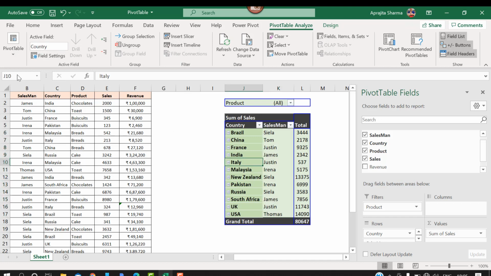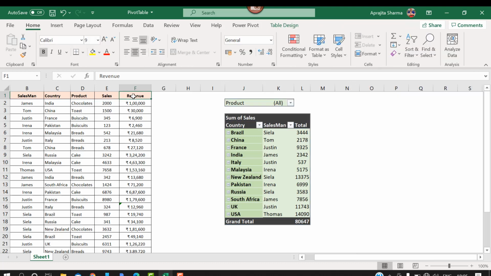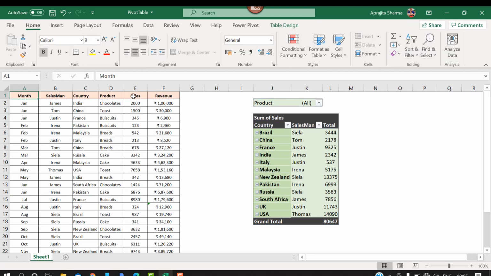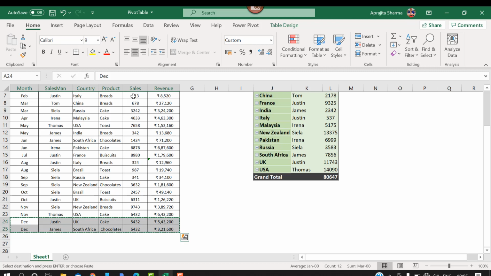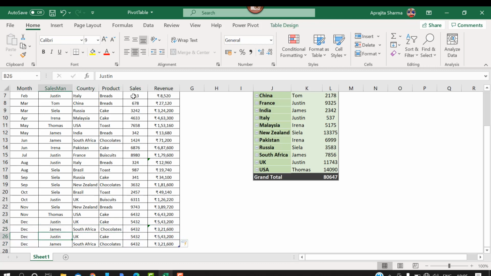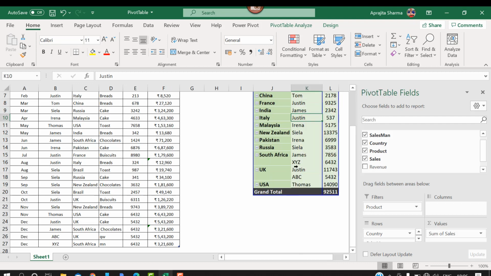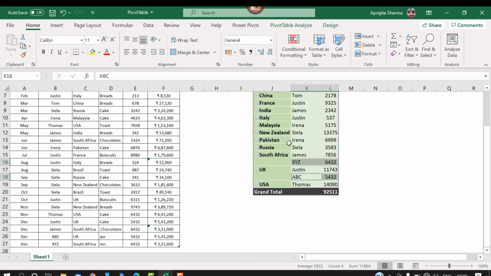Now another thing, since we had converted our data to a data table, let us see why we did so. Now here I'll insert two columns. Let's say I've inserted these two columns. I have named them ABC, XYZ, products, QW, and okay. Now I'll simply refresh my pivot table and I got these two products updated in my pivot table. I did not have to update its source data range since my data was converted into an Excel table. So this is a big benefit.